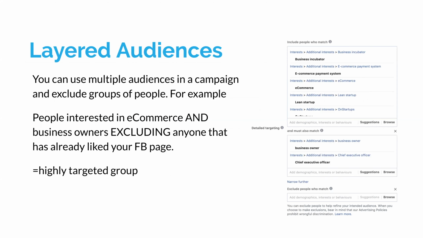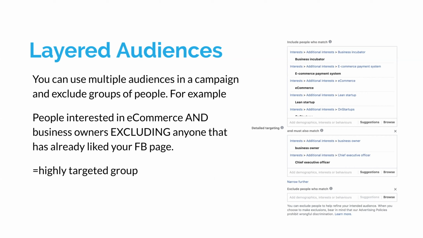So yeah, one of the other things: there are only three types of audience within Facebook to select, but I refer to a layered audience, where you can include more than one audience. You can have a combination. You could run an ad campaign and send it out to your email list plus a lookalike audience and people with certain interests. But I think the really powerful thing here, that makes a big difference between wasting a lot of ad budget and having an effective campaign, is to also